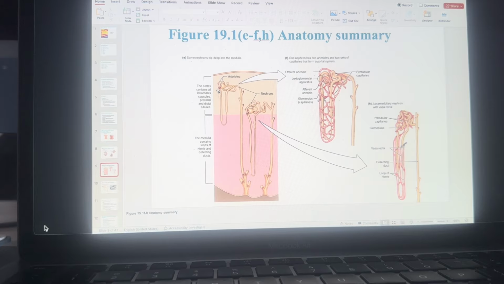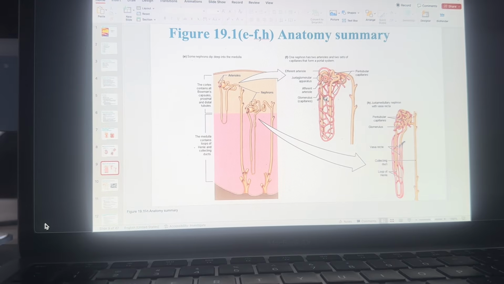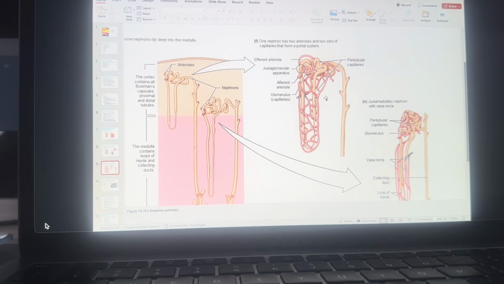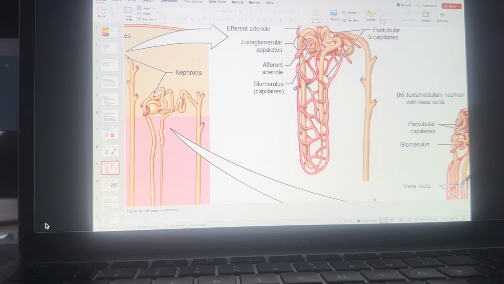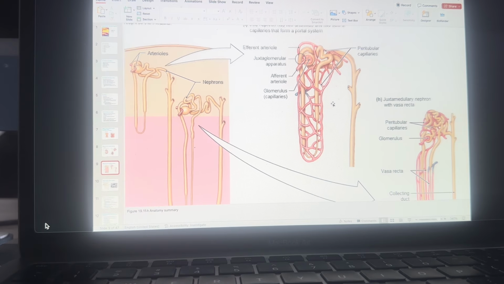And again, these tubules, including the proximal and distal convoluted tubules, are surrounded in close proximity to these capillaries that are called the peritubular capillaries. Okay, and so those capillaries are collecting and recollecting and dumping off salts, collecting more water, depending on what the